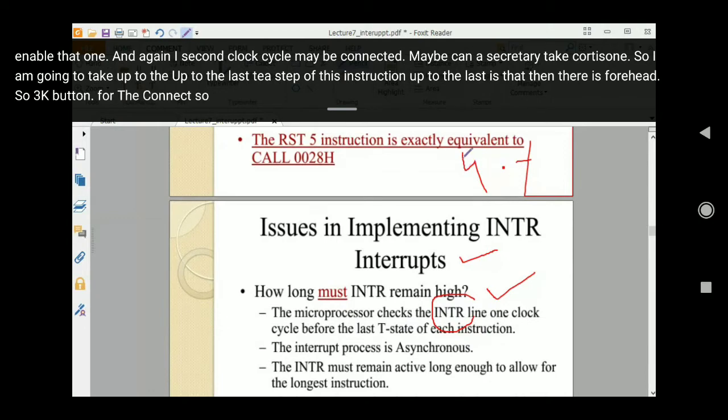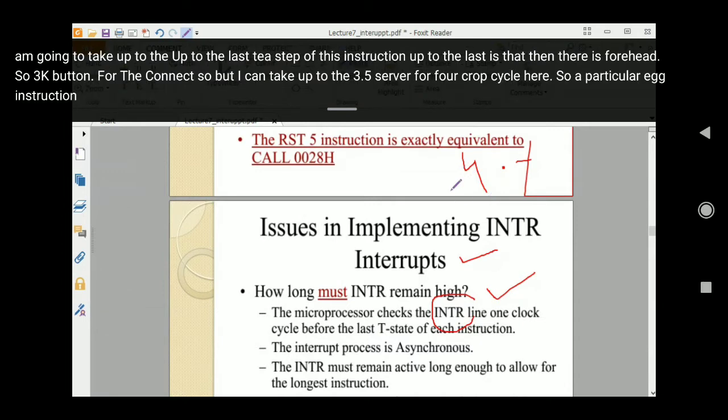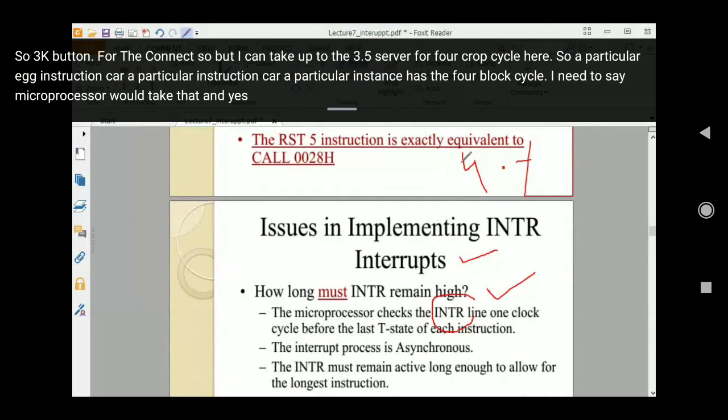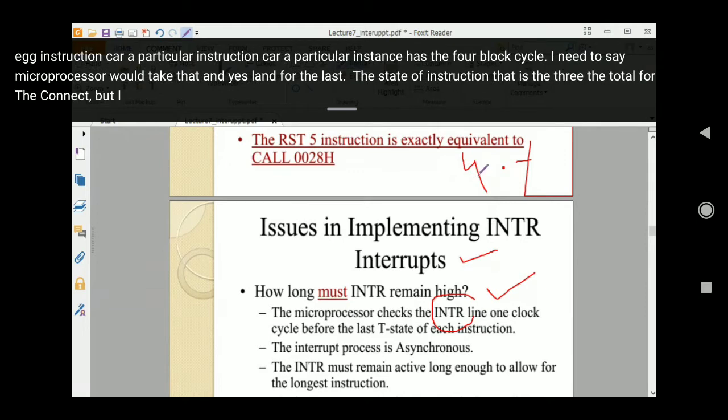But I can check up to 3.5. A particular instruction has 4 clock cycles. The microprocessor will check the INTR line up to the last T state of the instruction. Checking up to 3 is compulsory; up to 4 is needed, but I can check up to 3.5.